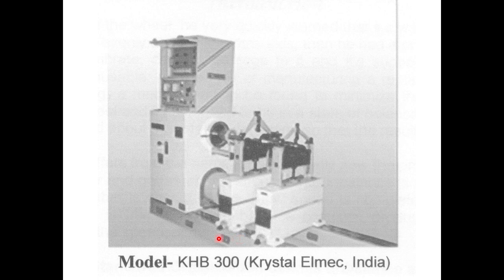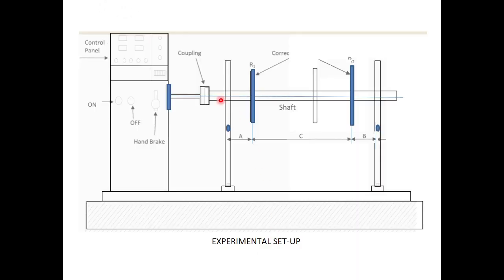Now, actually this is known as the machine bed, on which these bearing supports can travel in axial direction. Why is this arrangement there? Because the length of the rotor might change. If we have a longer or shorter rotor, we have to move these supports.